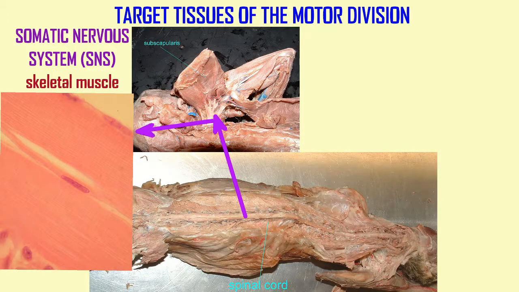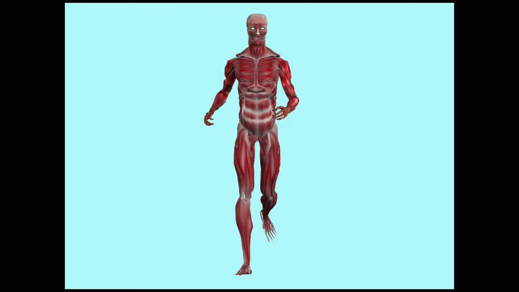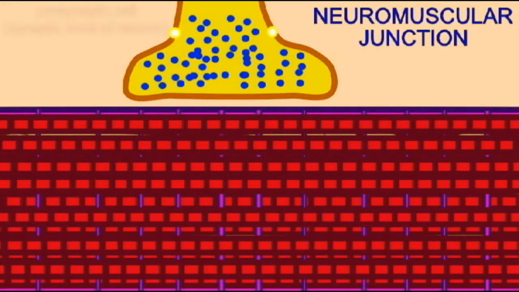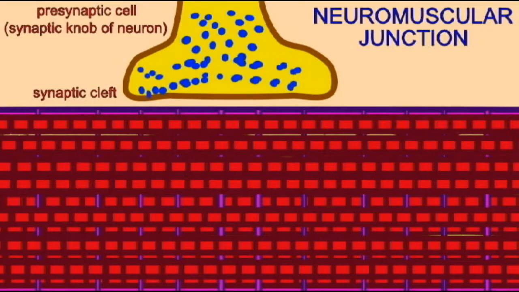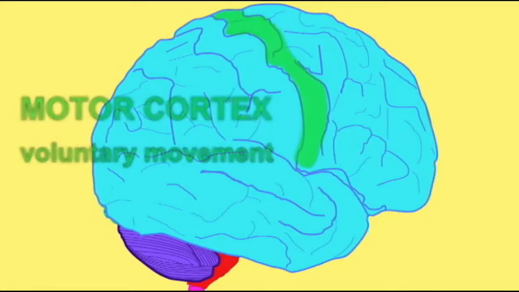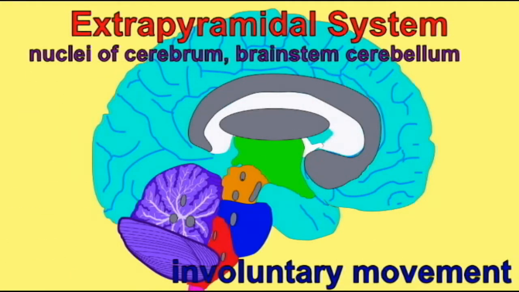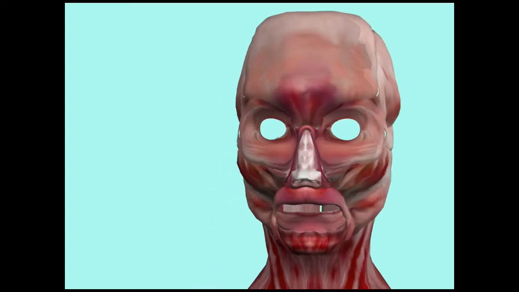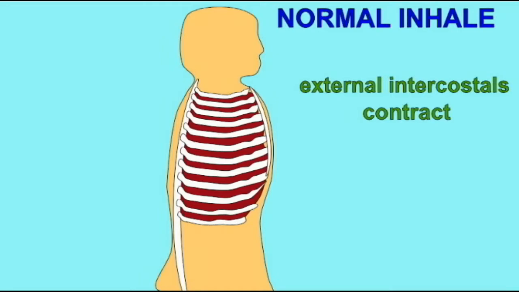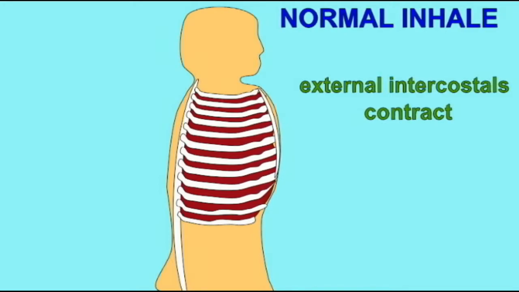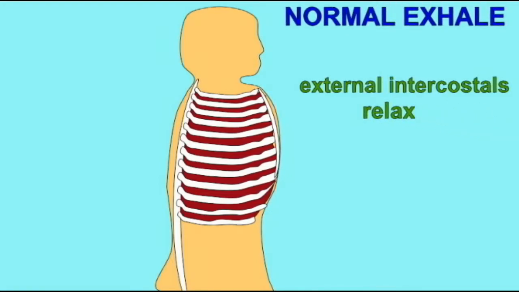The somatic nervous system is the neurons which send messages to skeletal muscle. Now, some of these messages are voluntary commands, but then there are also involuntary commands. So we can split the somatic nervous system into a pyramidal division for the voluntary commands and an extrapyramidal division for the involuntary commands. So for example, I can turn my neck voluntarily and I can hold my breath, but I can also turn my neck as part of a reflex to a large sound or unconsciously breathe as skeletal muscles cause inhales and exhales.